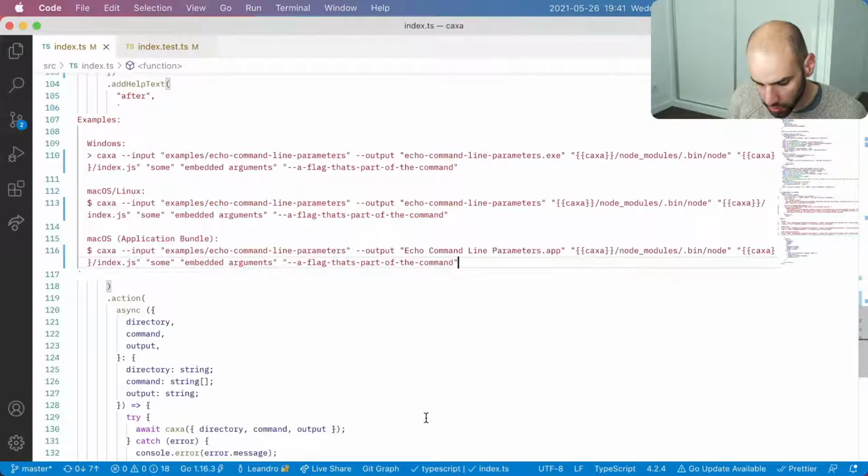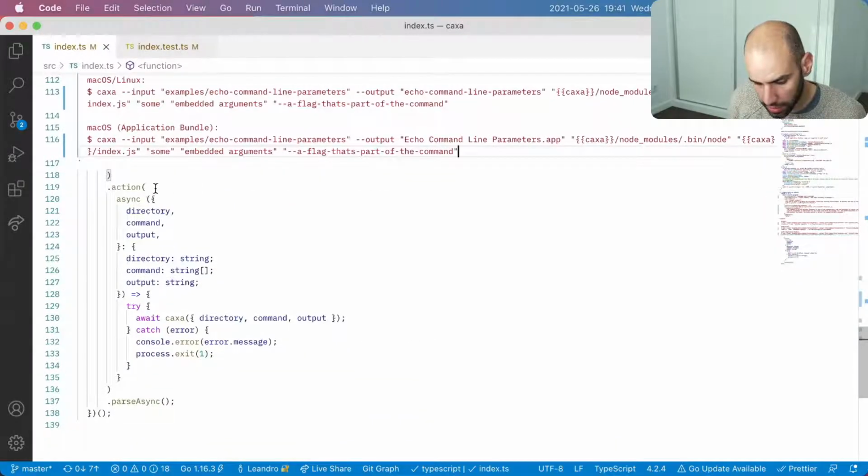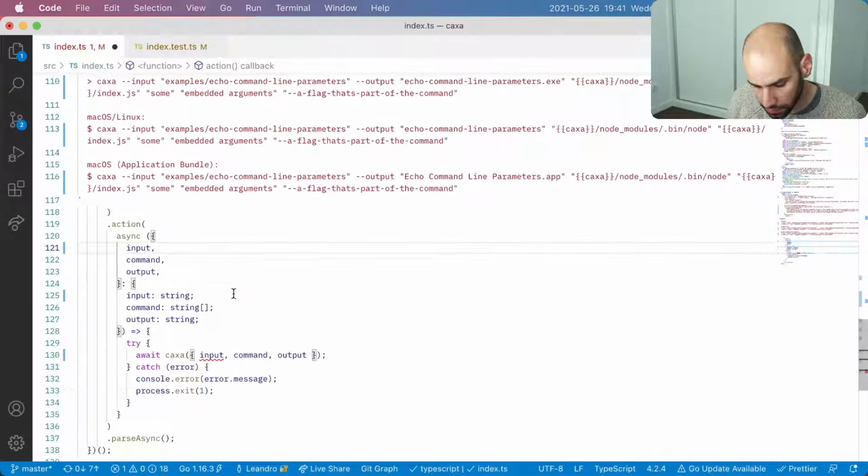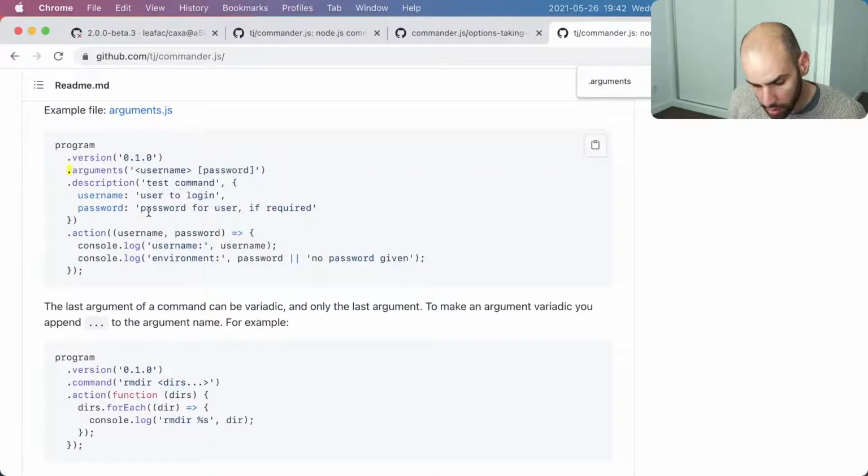Okay, so now let's look at the action thing. So directory is no longer directory. It is now input. Command, I don't think we'll read this way. Let's see how this works.